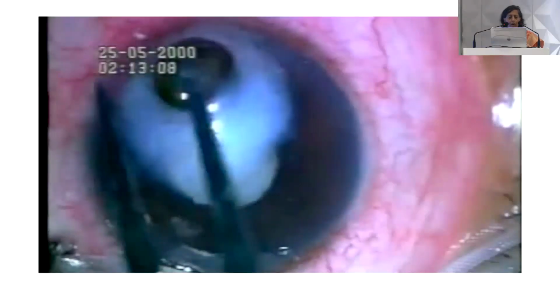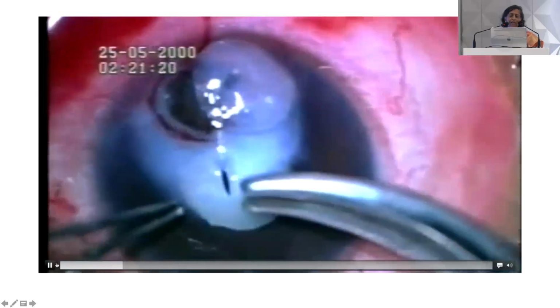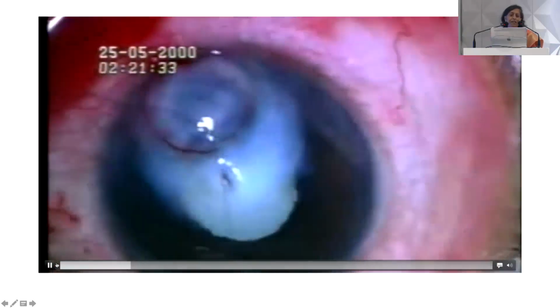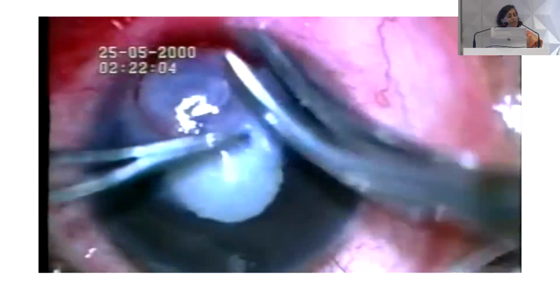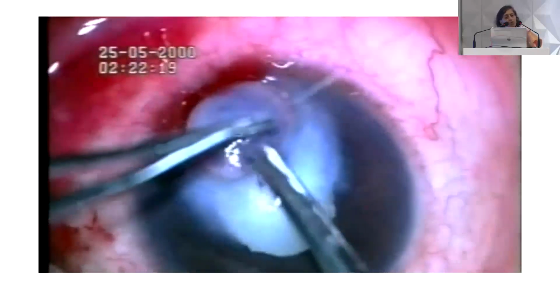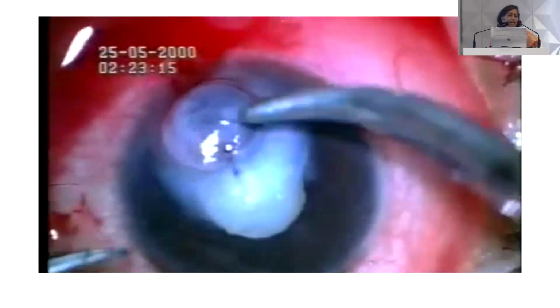Coming to other cases of corneal melting, this is what Lomi had shown already earlier. Here I would just say that in cases like this, ideally it is recommended that you put air into the AC, you separate the iris and so on. But sometimes it is good to just put something, let it heal, and then take care of the peripheral anterior synechia later on.